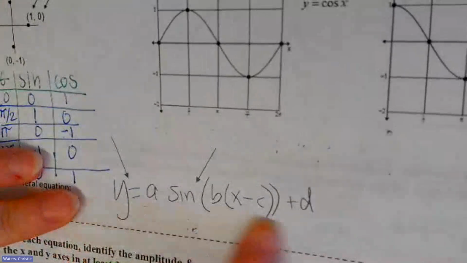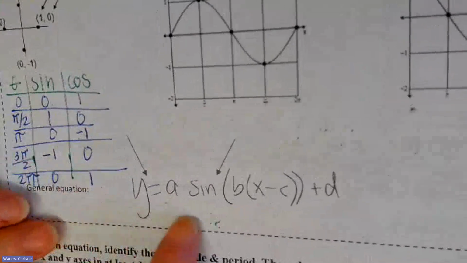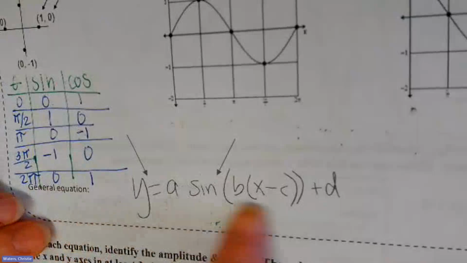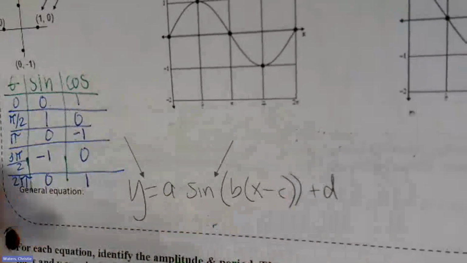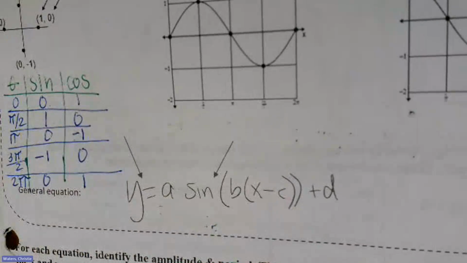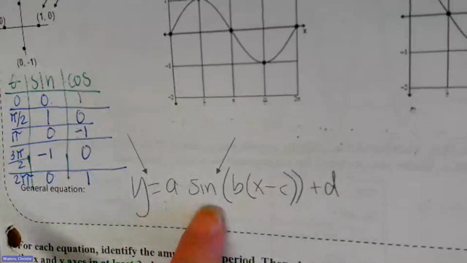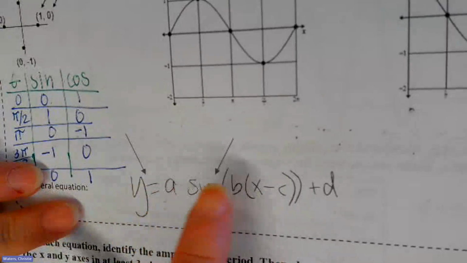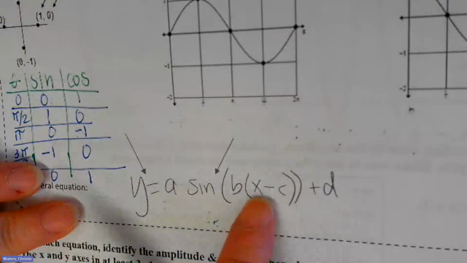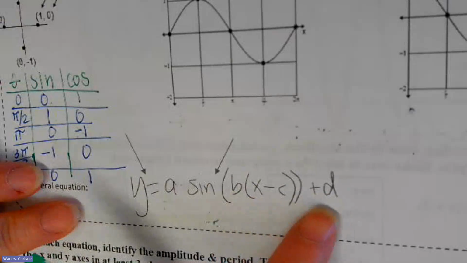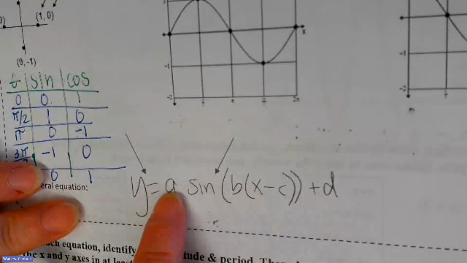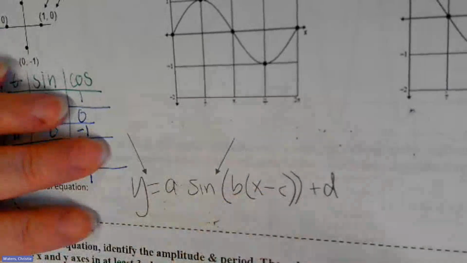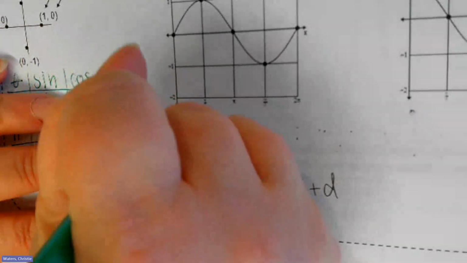So we've got all the transformations of these functions, which is the opposite of the parent function. But we have lots of variables in here. We've got our x and our y, but we also have a, b, c, and d. Now, c and d are going to come up in the next lesson, but today we're going to talk about the a and the b. So the a is the amplitude